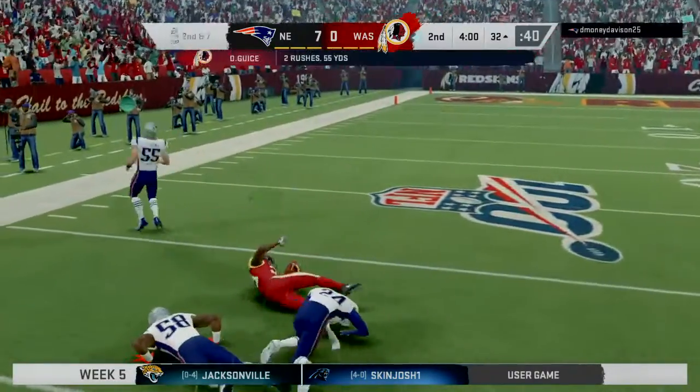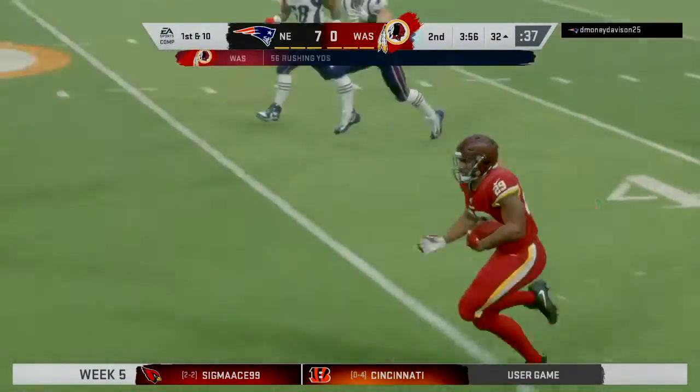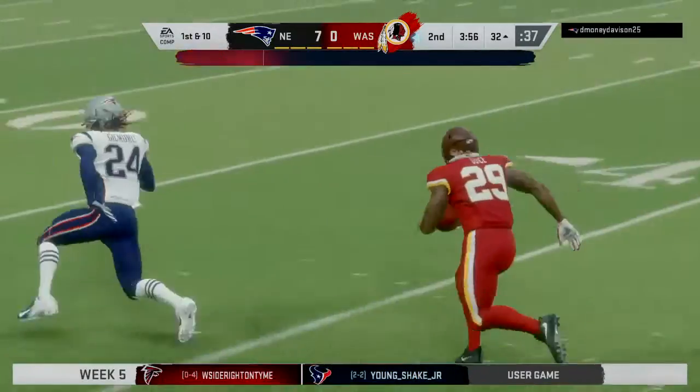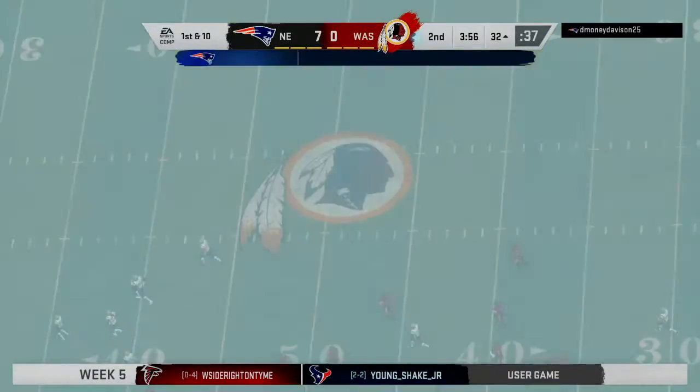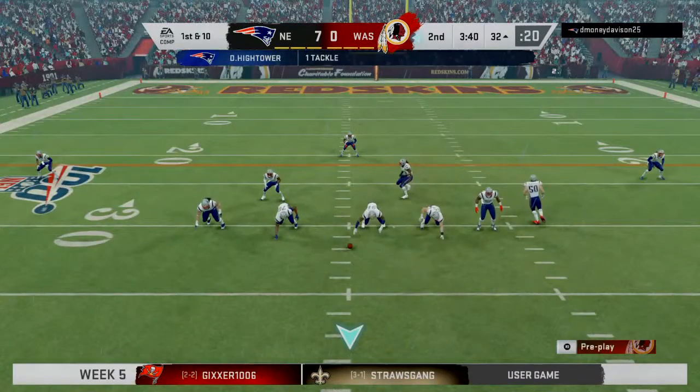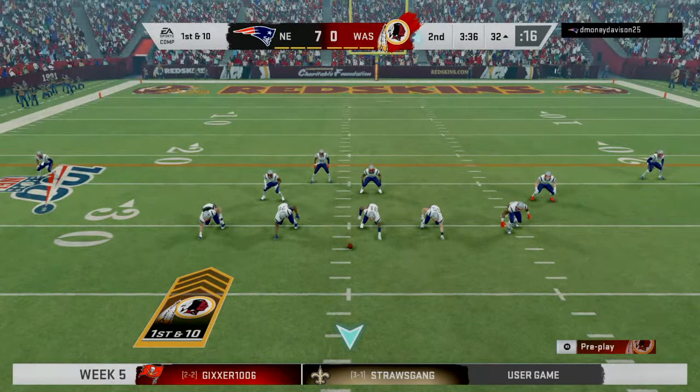And he takes it all the way down to the 32. And he gets this all the way down to the Patriots' 32-yard line. Terrific run from one of the fastest backs in the game today. A guy who keeps defensive coordinators up at night, no doubt. Remember when we were meeting with the D coordinator before the game and all he talked about